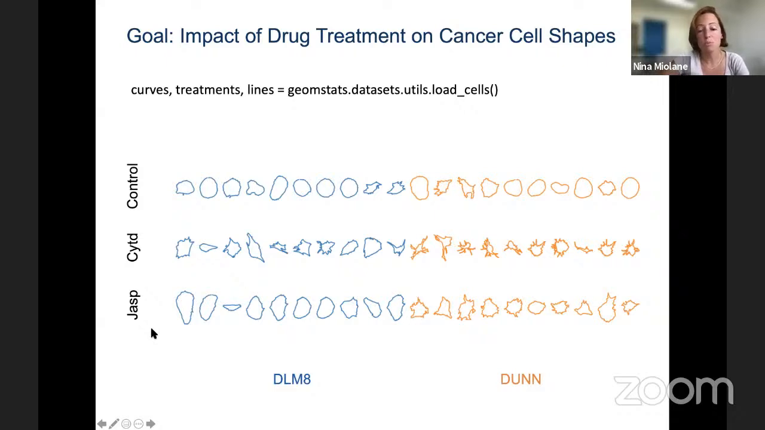And then the JASP treatment also has an influence, but not that much for the blue cells. The blue cells come from a different type, a different stage of cancer, but it does have an influence on the orange cell, which come from the dun line, where the cancer is at a different stage. So that's something that we can see visually, but visually might not be enough because this is only a subset